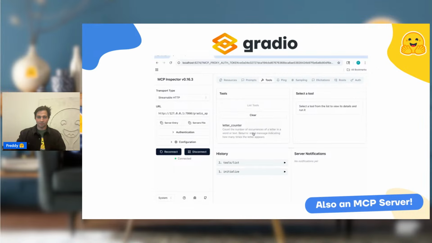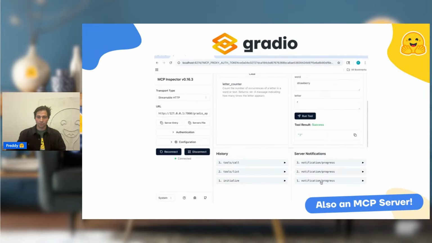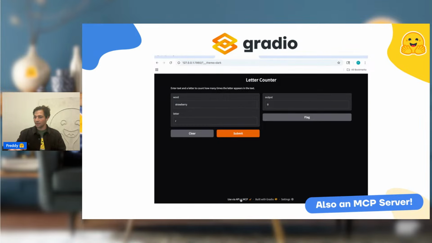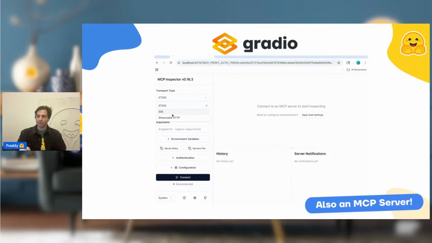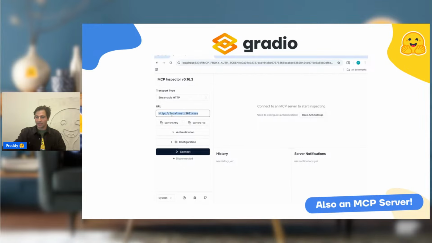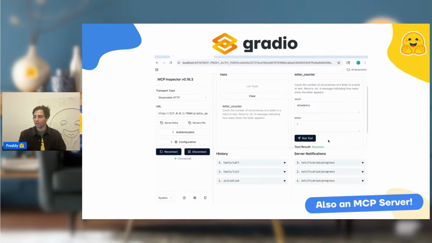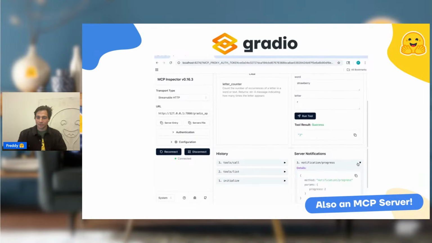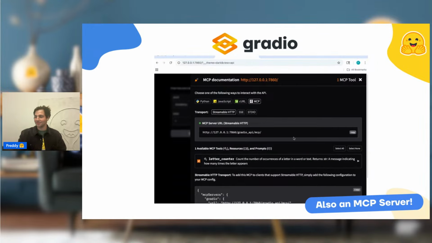But then also, it's an MCP server you can plug in to any sort of MCP compliant client. So here I'm just using the MCP inspector, and I basically copy the URL from the Gradio app, and then I give it to the client in this case. And then you can see all the tools that are exposed, and the agent can call them. So LLMs will never again get wrong how many R's are in the word strawberry.